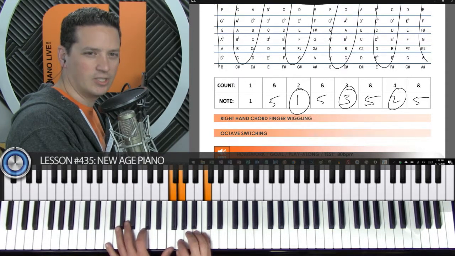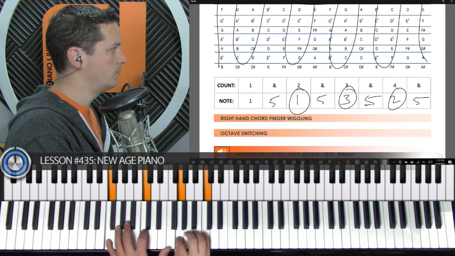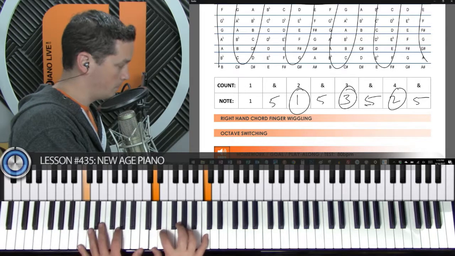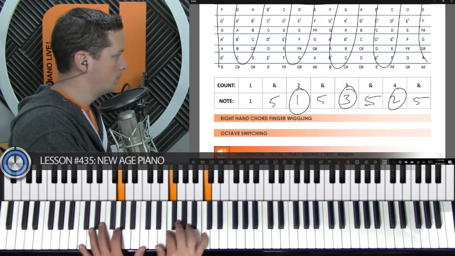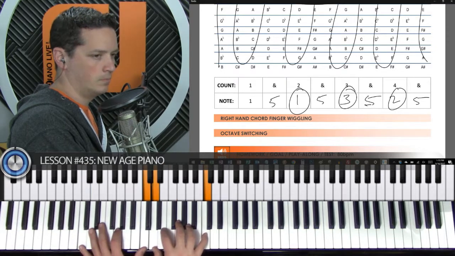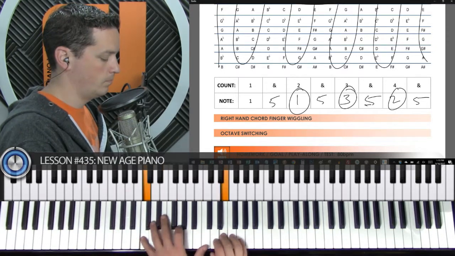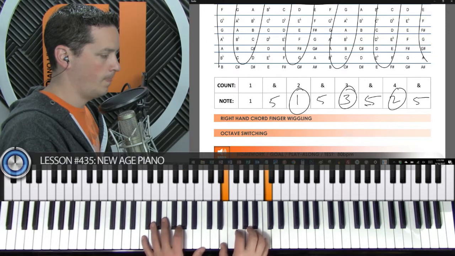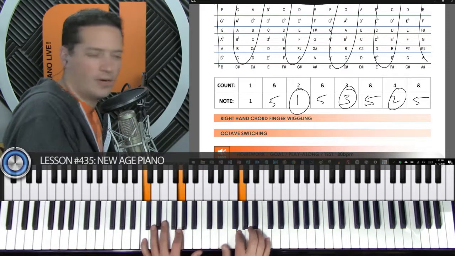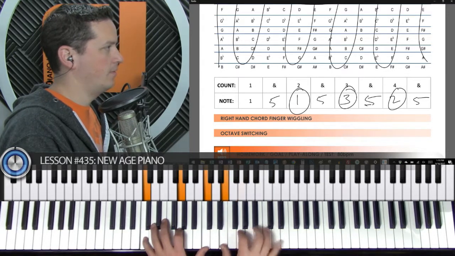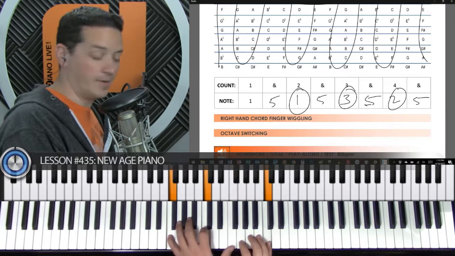This kind of has a solemn, somber feel to it. Versus if I take that up an octave, this sounds just like more normal piano-ish stuff. But if I take it up another octave,